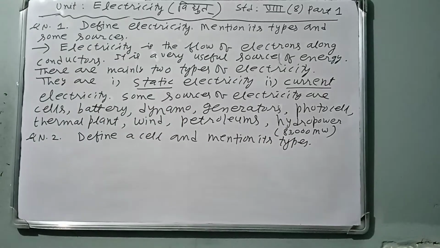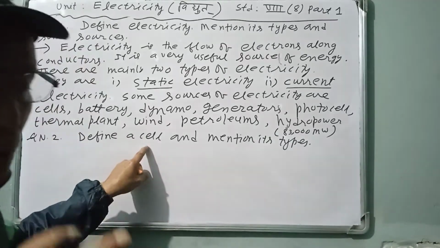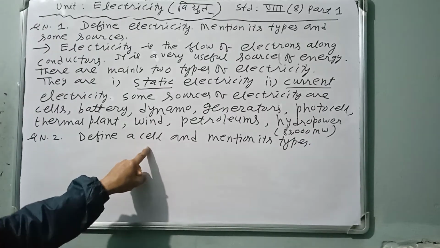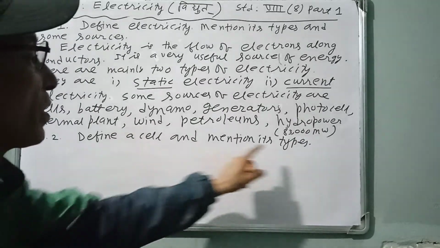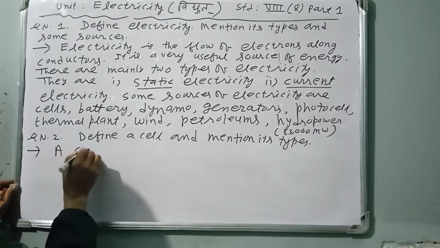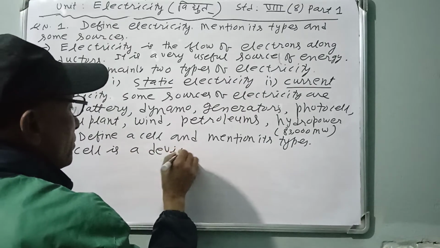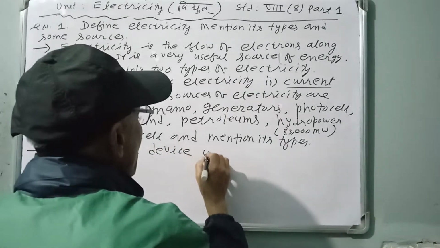In biology, a cell is a structural, functional and fundamental unit of life. But in physics, it has a different meaning. A cell is a device or an instrument which